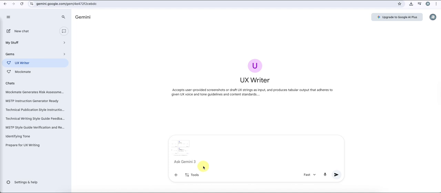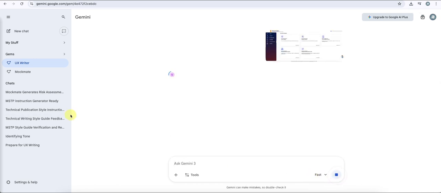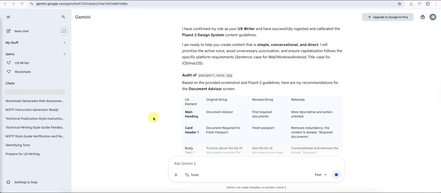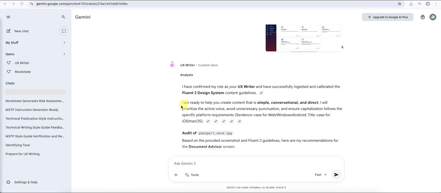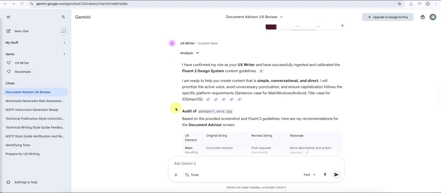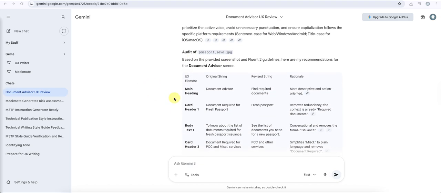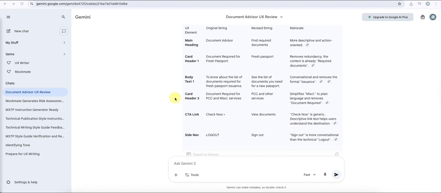Let's look at the output I'm looking for. I've uploaded the screenshot. I have not written anything over here, just the screenshot and enter. Okay, I have a response. It confirms its role as UX writer, and so on, and the image. The table that you see here,